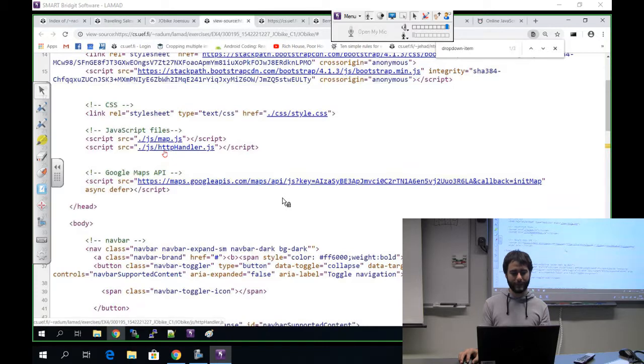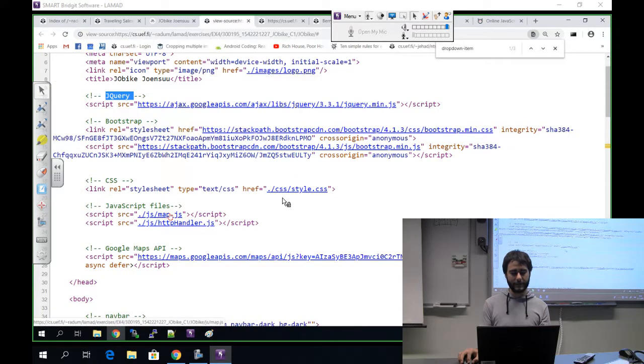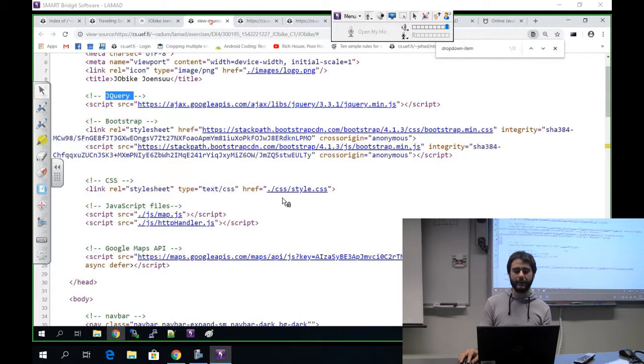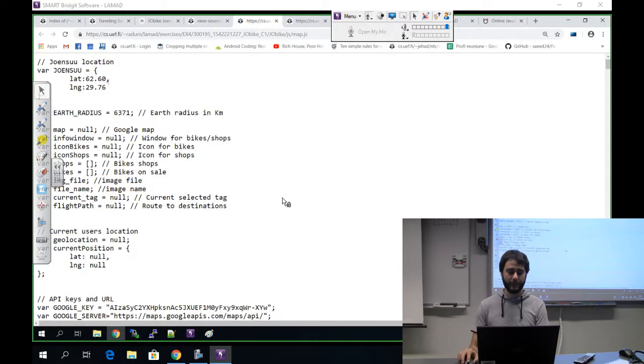Okay, good. Let's see. What is the main file? Map. Is it map.js? There should be some indication that it is the main file to open. Because here you're calling the init map function, and I want to know where this init map is. That's in map. Yeah, so I would assume it's in map because it's the main function, but I wouldn't know it's the main function unless you tell me that. Okay,